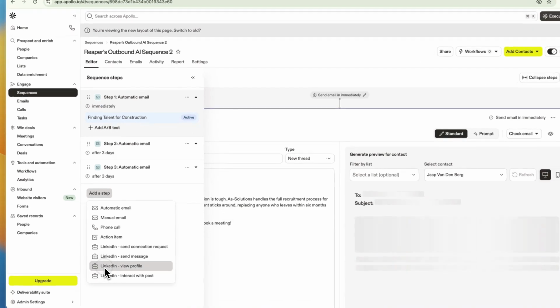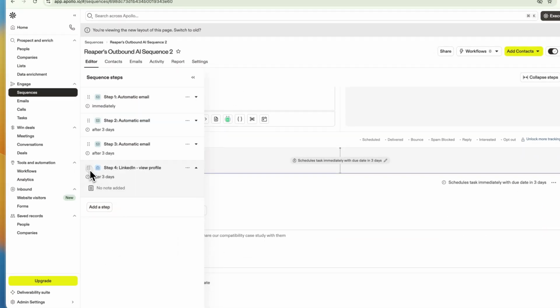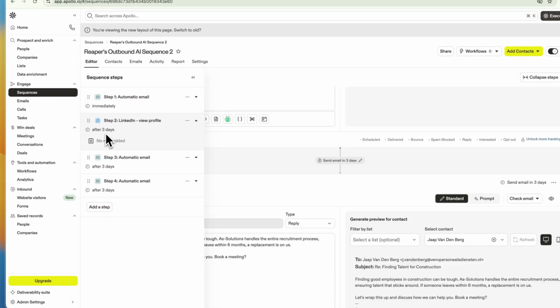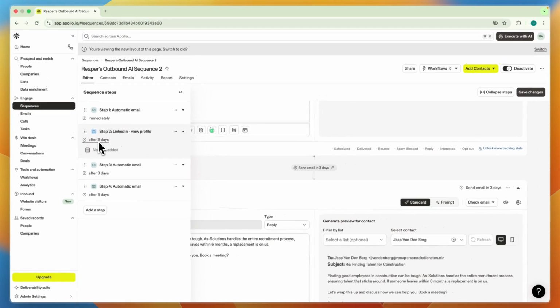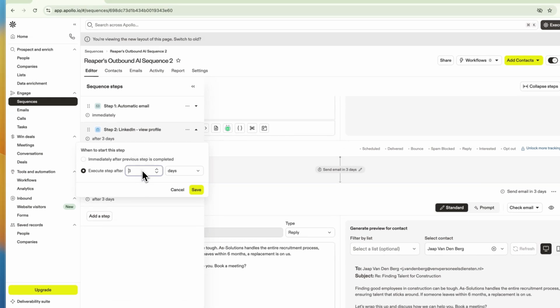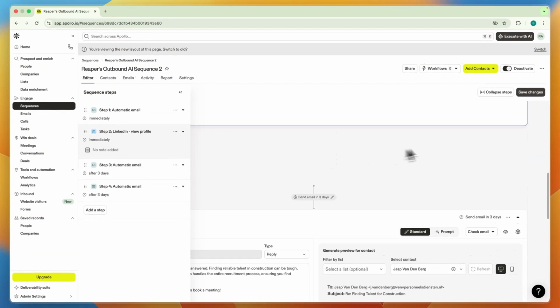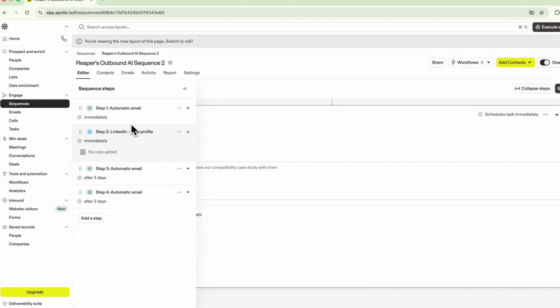Now, for example, if I do LinkedIn view profile, I can drag it, for example, as the second step. Then now it's set to after 3 days, meaning that this one sends immediately. 3 days later, I view their profile. Now, if I also set that to, let's say, immediately, and I click save, then both of these happen immediately. Now, make sure it's set to active right here and just customize all of the copy and stuff that you